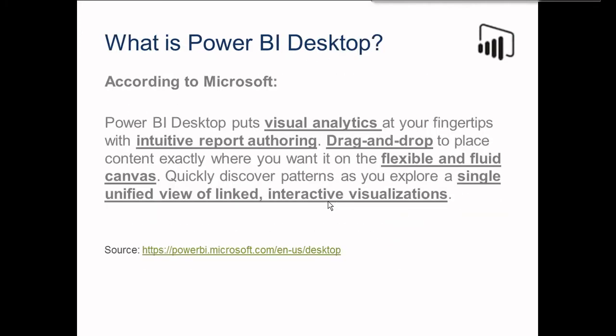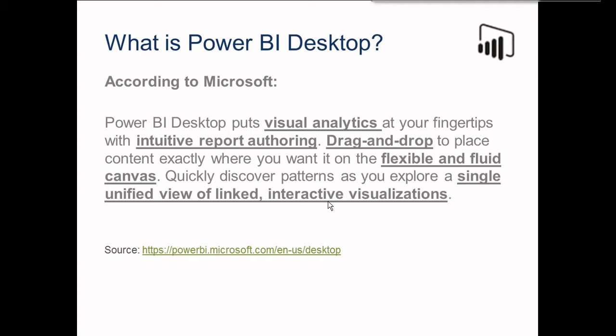So what is Power BI Desktop? First of all, we need to start with Power BI Desktop. Let me tell you guys, it is a free application and you can download it from the Power BI site. We are going to do that in the next 5 minutes.